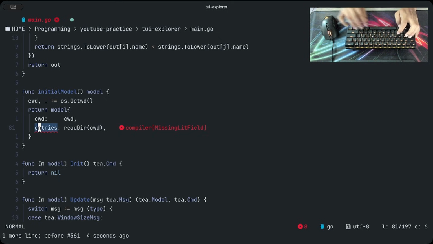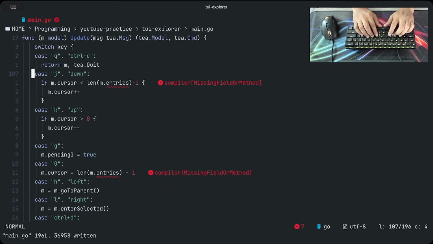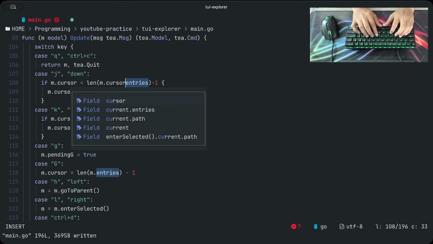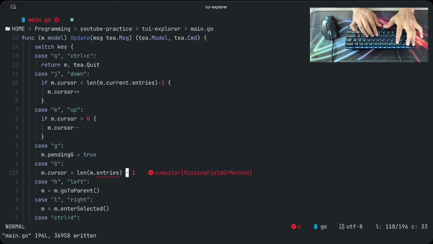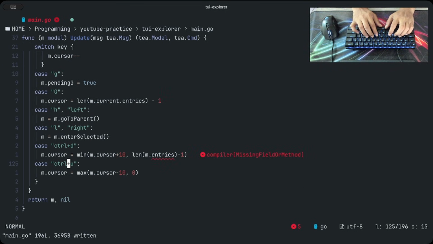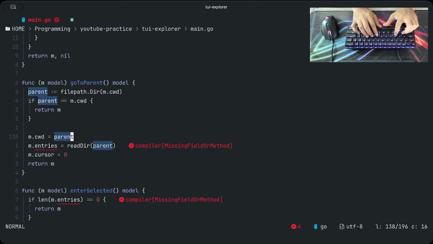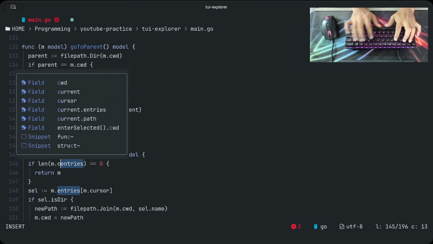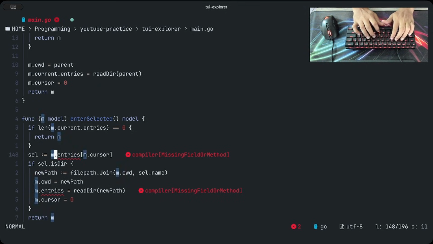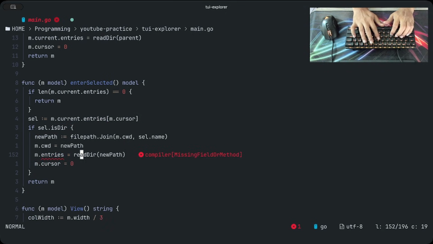Yeah, current dot entries and current dot entries. So removing that and adding current in front of entries should solve our errors, so that the entries know this is the current entry that we are passing on to the parent directory and